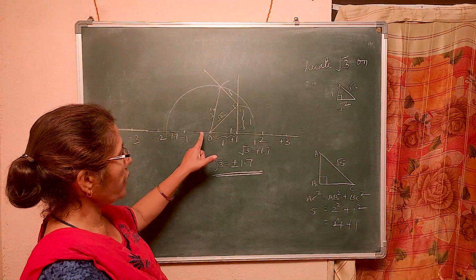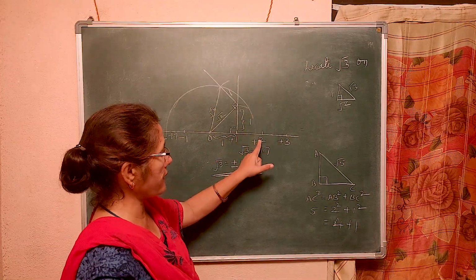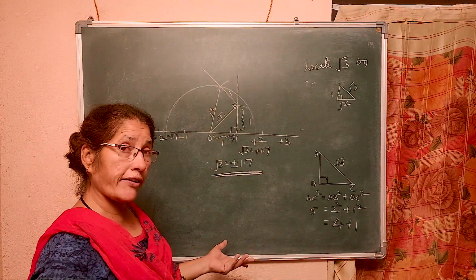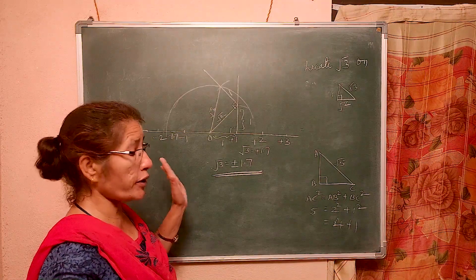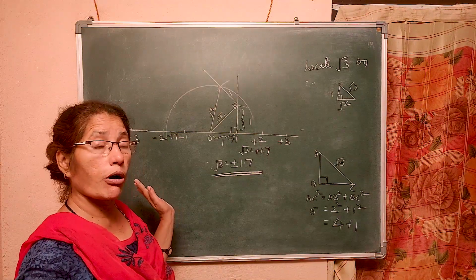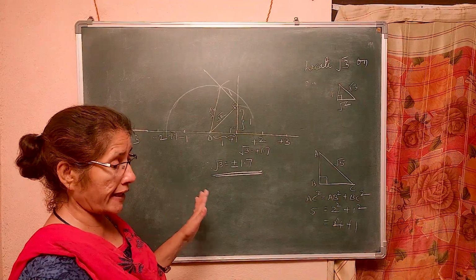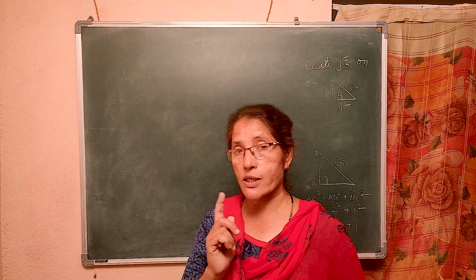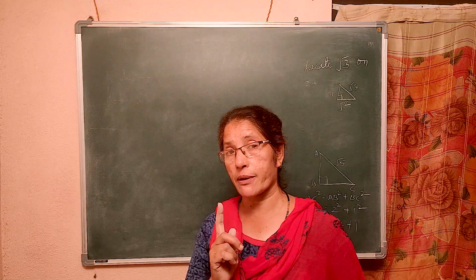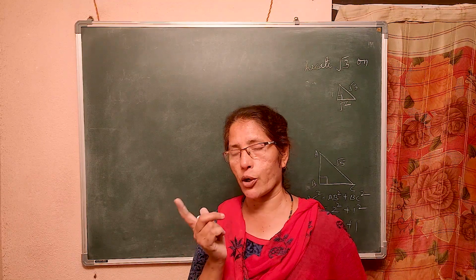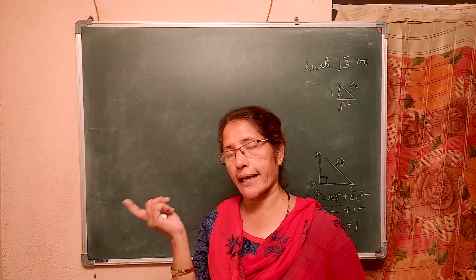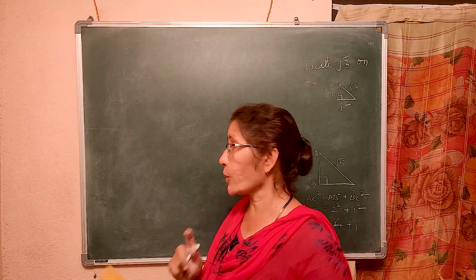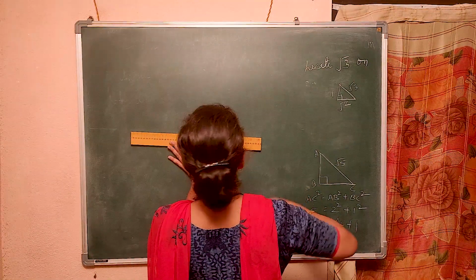So, what can you do? You can take 2 and draw the vertical line, or you can take 1 and then you can take 2. Either way, it is correct. Shall we do that? And the rest is all your time. So, square root of 5 I will do at the last. 5 lies between the square numbers 4 and 9. So, 4 is the square of 2, 9 is the square of 3. So, square root of 5 will be 2 point something. Right? So, I will draw this line.